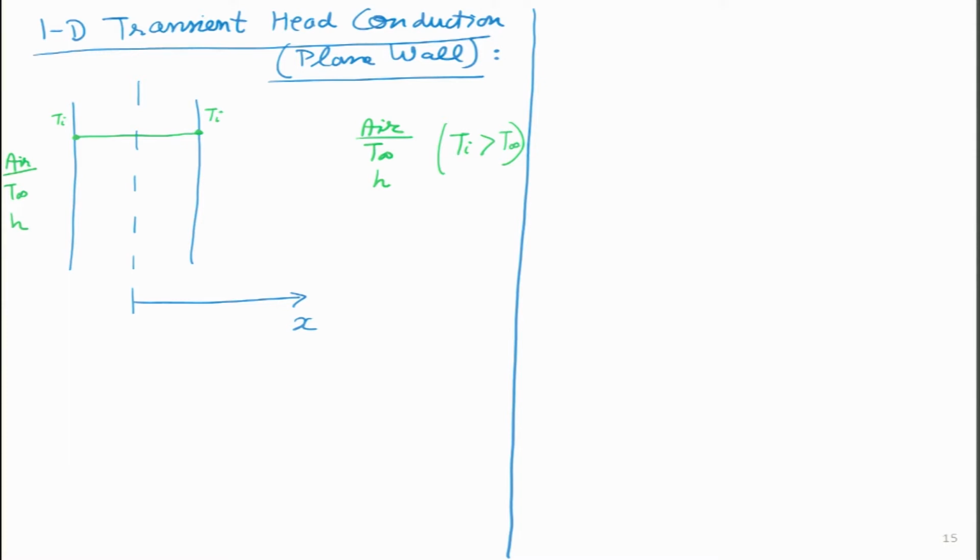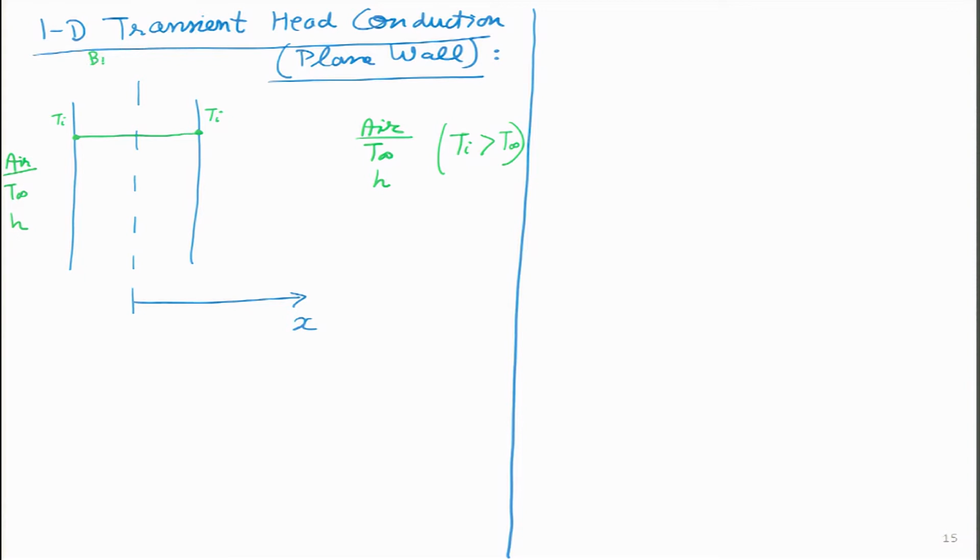So, in this particular case, if we subject a wall to convective cooling on both sides, what is going to happen is symmetrically its temperature is going to fall. If it were a lumped analysis case, then the temperature throughout the wall would be uniform and it will just reduce gradually. Here we are not going to assume the lumped analysis case, which means in this particular case our Biot number is not going to be less than 0.1, it is going to be much greater than 0.1. So, this is the case that we are going to consider over here.